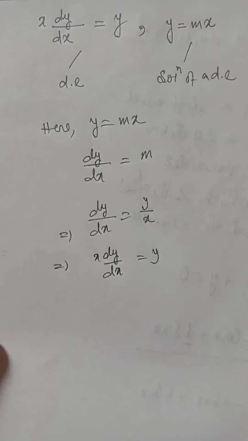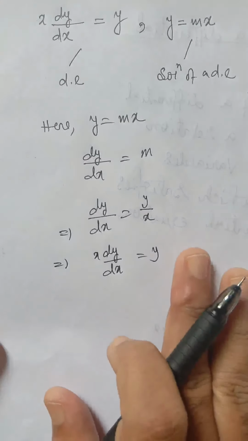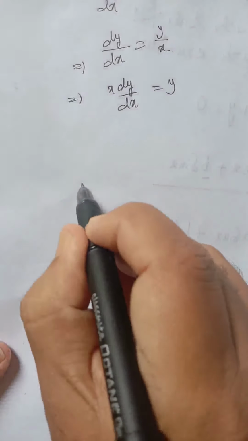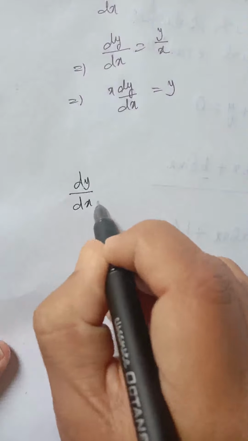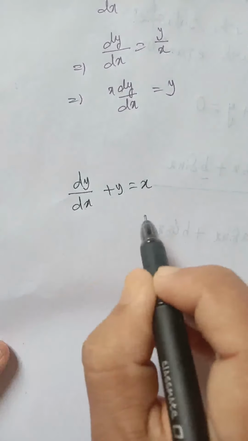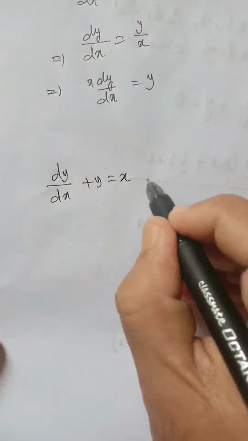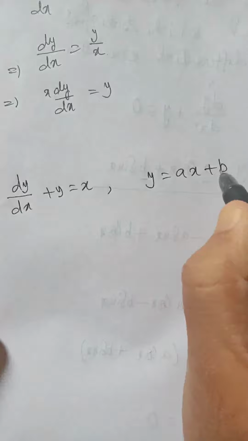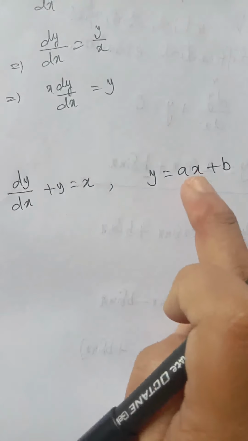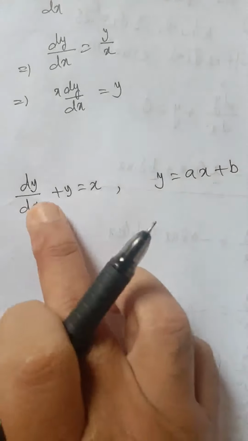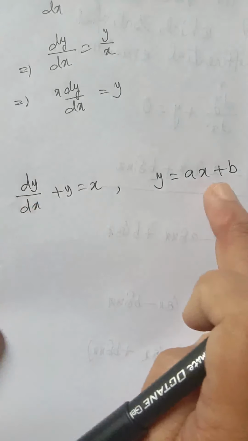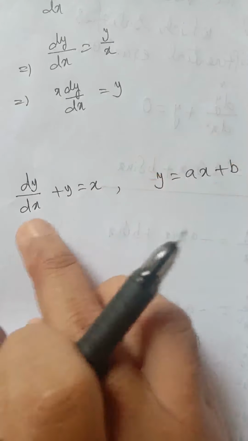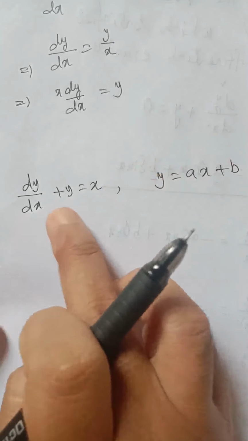So now we know the difference between a differential equation and the solution of a differential equation. A differential equation means a relation between derivatives and variables. A solution means a relation between variables and arbitrary constants. In the solution there will be no differential coefficient, no derivative. So we have to remove the differential coefficients, the derivatives, from a differential equation.